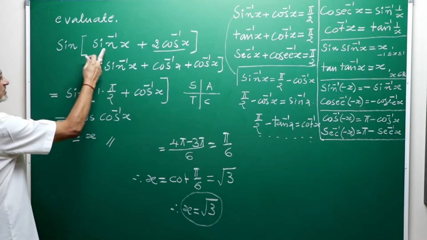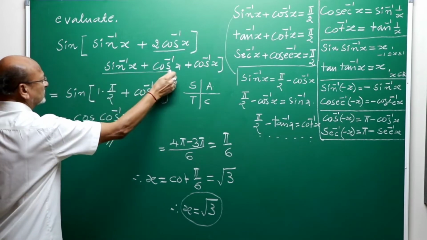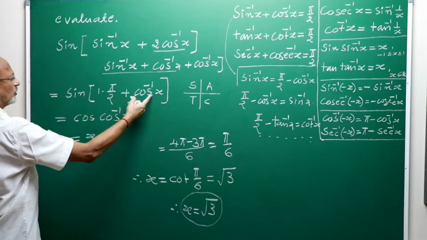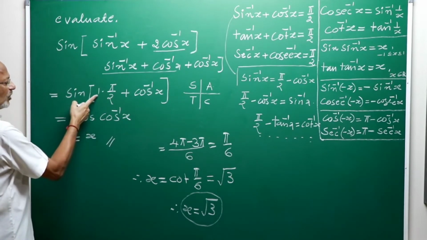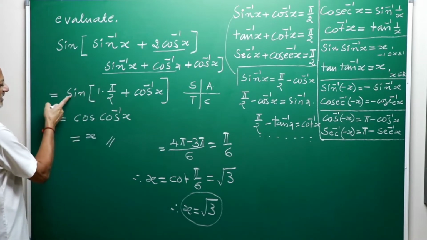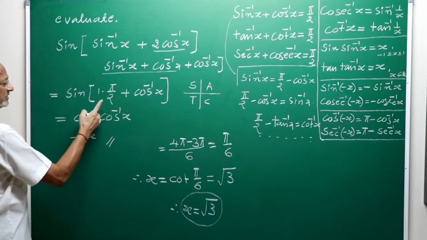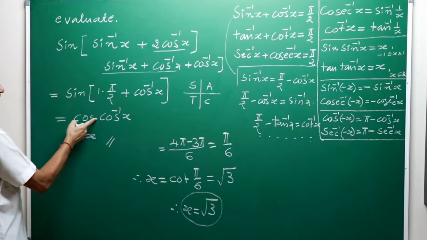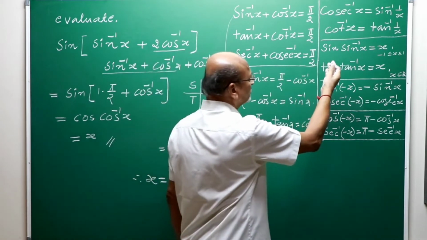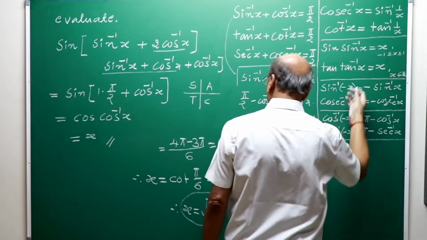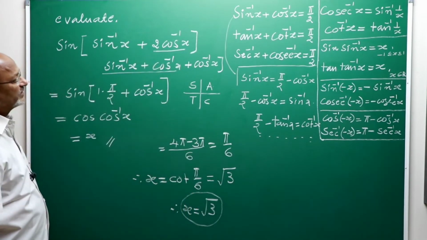Sine of sin inverse x plus 2 cos inverse x. Split it. Then what about this? It is nothing but pi by 2 plus cos inverse x. Pi by 2 is nothing but 1 into pi by 2. What is the coefficient? Odd. When it is odd, by the allied angle formula, sine changes to cos of theta, cos inverse x. What about the sine? Second quadrant, sine is positive. Therefore, it is cos of cos inverse x. By making use of this property, cos of cos inverse x is x itself. This is x. Yes, my friends, these are nearly half a dozen examples